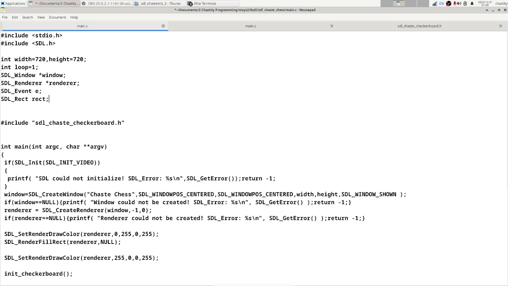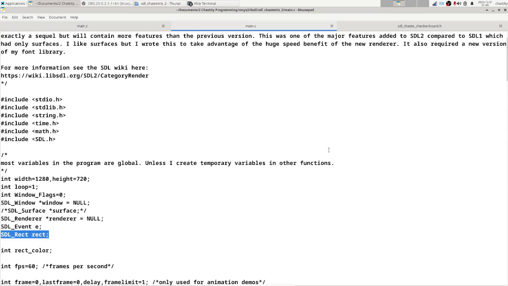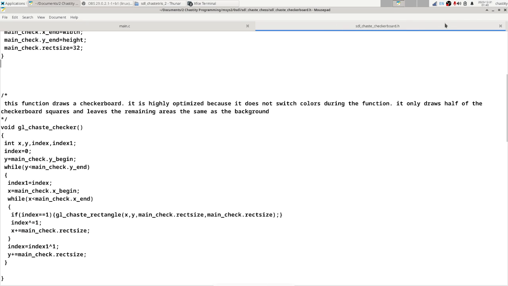So SDL rect, just named rect. All right. So now that we've copied that, we probably don't need that file open anymore. But we're going to need to use this. So now rect,